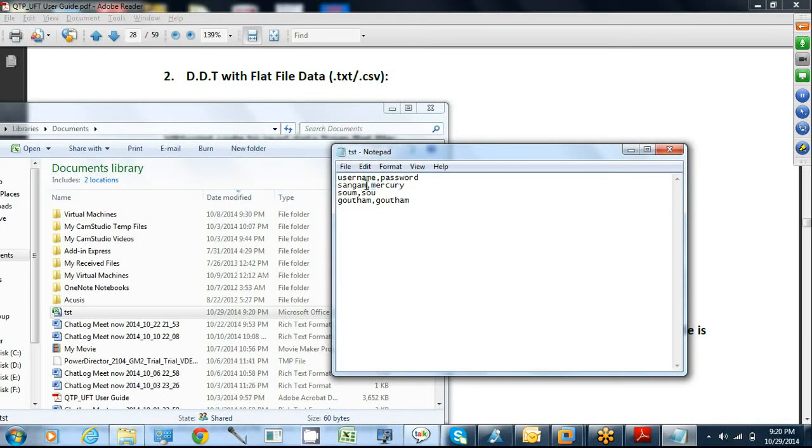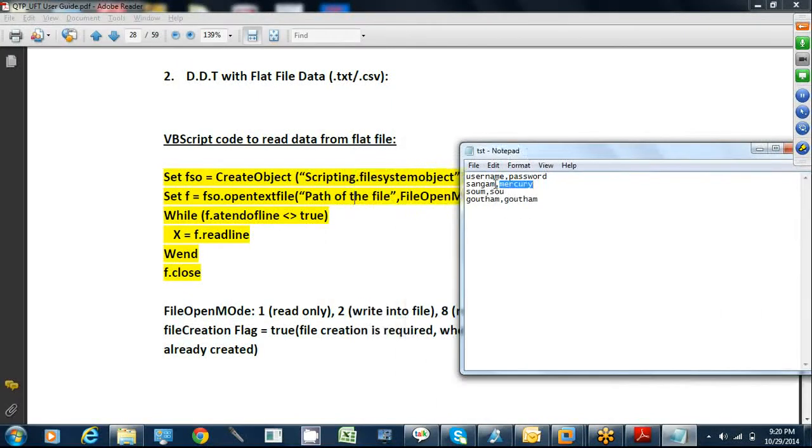It treats this as a separate entity and this as a separate entity. If you want to enter more details here, like password and then date of birth, gender, just don't put spaces, just put a comma, and QTP will automatically read it.